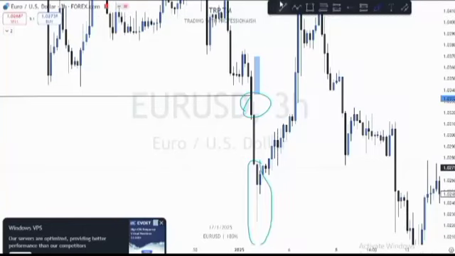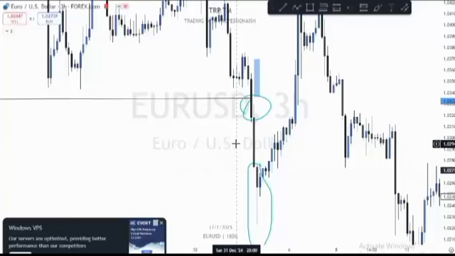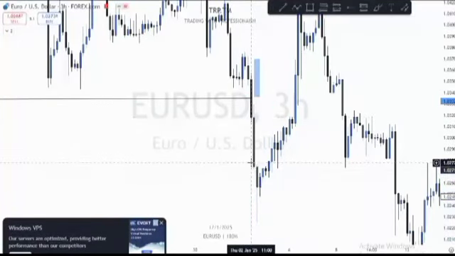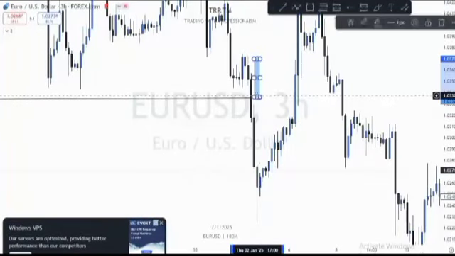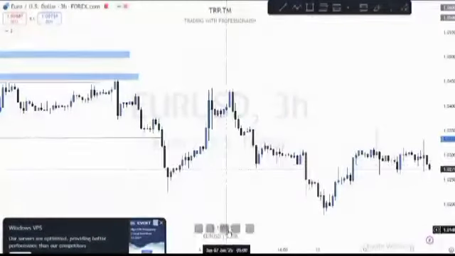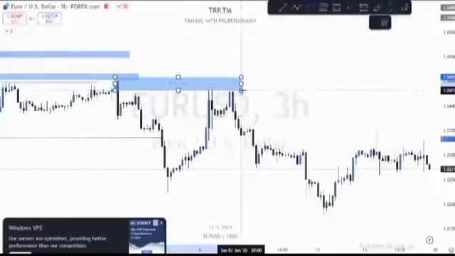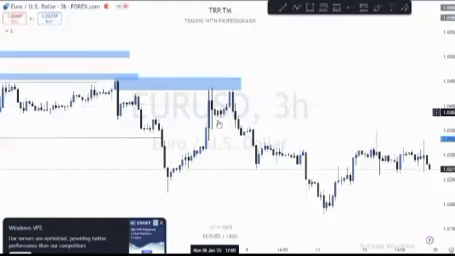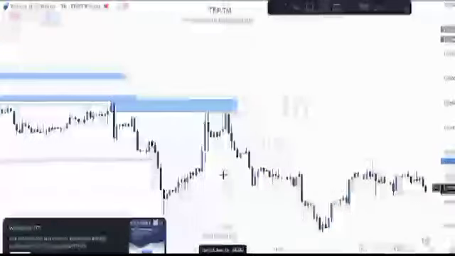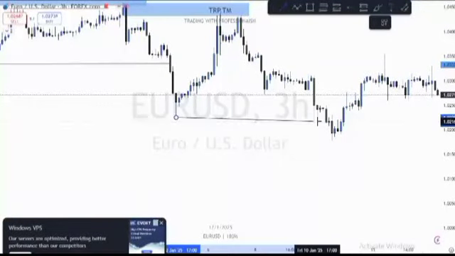But because the market broke it with this valid break of structure, I'm still looking for sells because the market is still bearish, it's still going down. So when the market came and reacted from this right here, came and reacted from this and kept on selling, broke structure